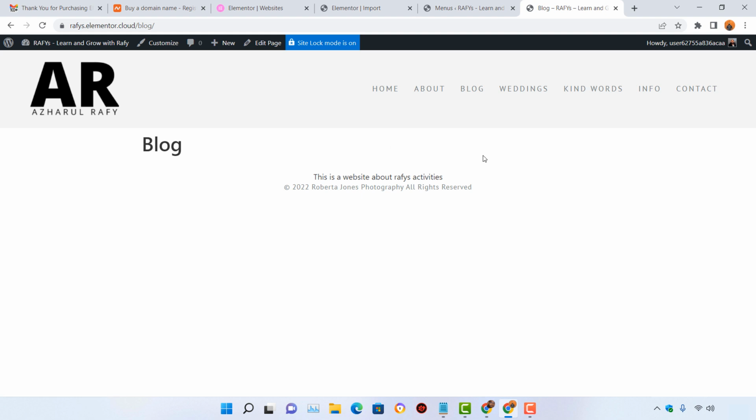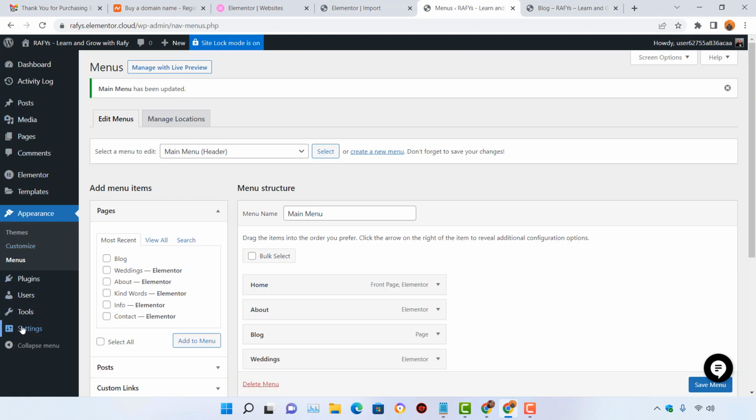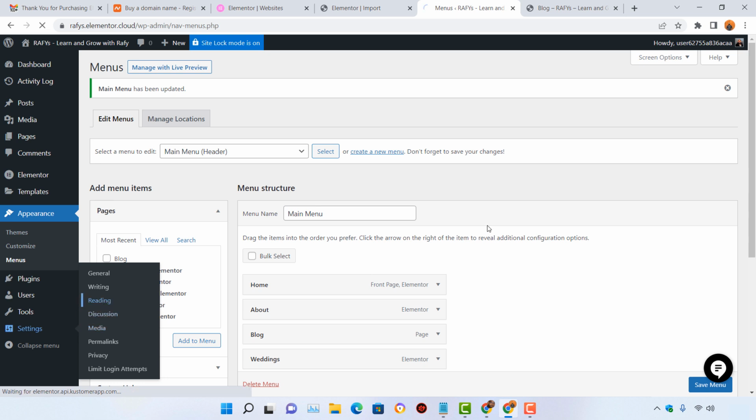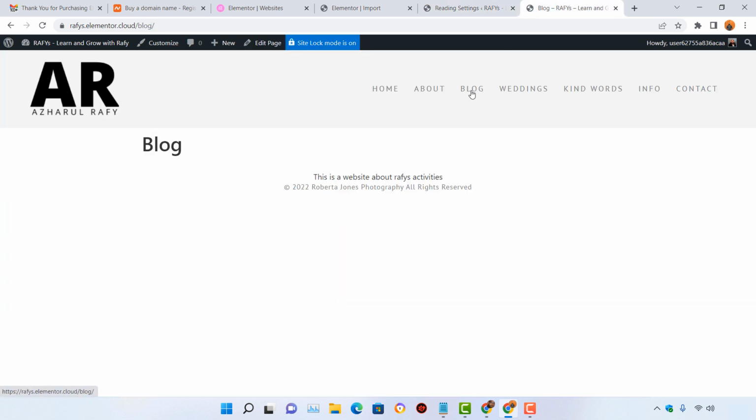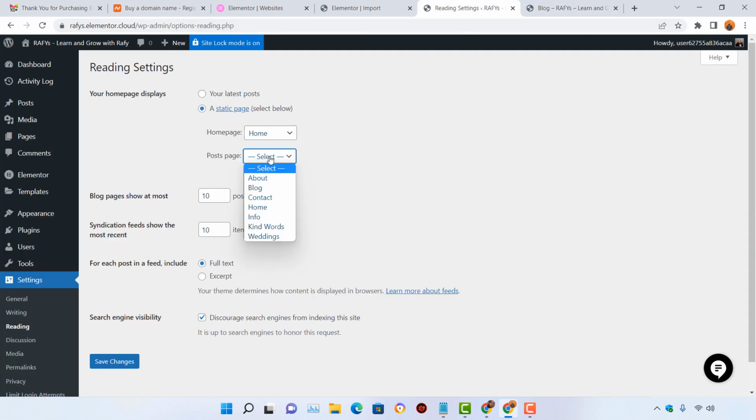as we didn't add the settings. And one important setting that I'd love to mention about the home page and the blog post. So now we have to go here on settings, and from reading, we are going to select which one is going to be our home page. So from here, we're going to select our home page, which is going to be obviously the home, and the post page, it is going to be obviously the blog page. So whenever we'll make any new post, it is going to show up on the blog page. Now let's click on save changes,